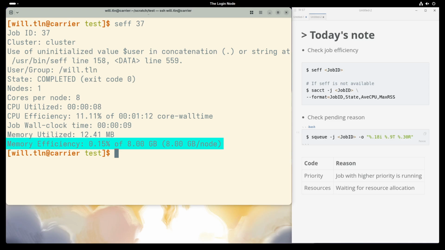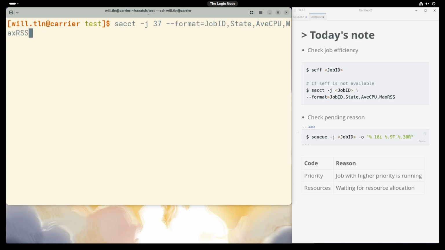You are about to crash with out of memory. Increase it slightly. Why does this matter? Smaller jobs fit into smaller gaps in the cluster. By requesting only what you need, your job will start faster. By the way, some clusters don't provide seff. In that case, you can use sacct instead.